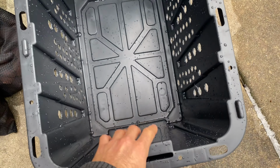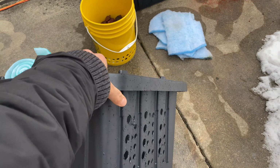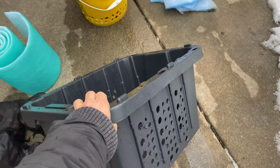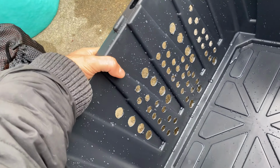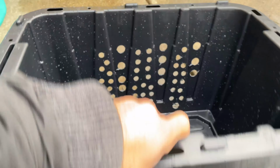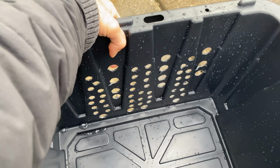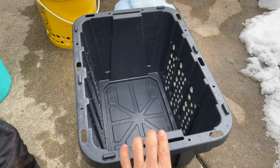Alright, so the first thing you're going to need is just a normal plastic tote. You can get these at Home Depot, Lowe's, any hardware store. And in this plastic tote, you're going to want to drill a bunch of holes in the sides. So I just drilled a bunch of holes on this side and a bunch of holes on this side. And basically, this is where the water from the pump in your pond is going to first pour